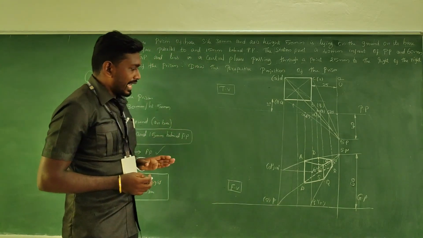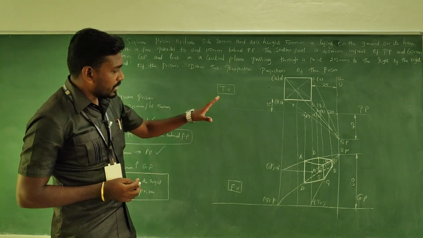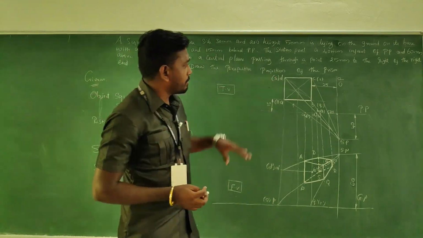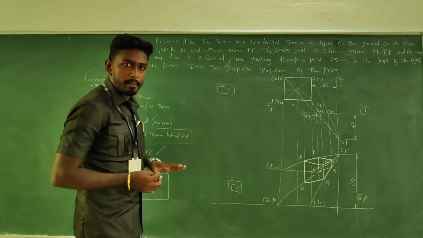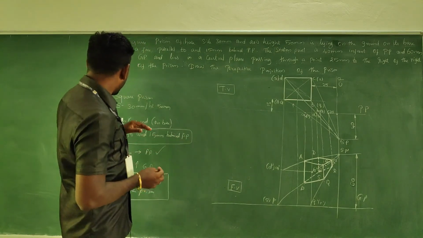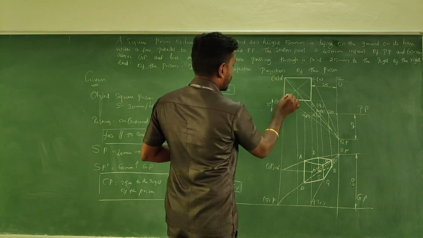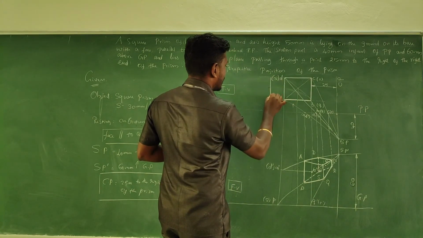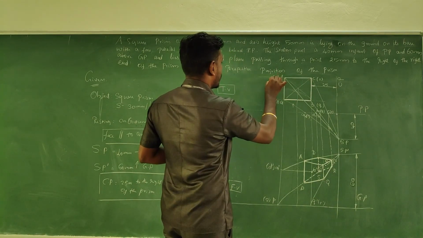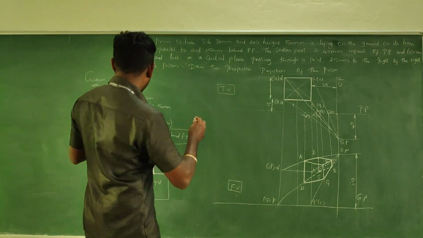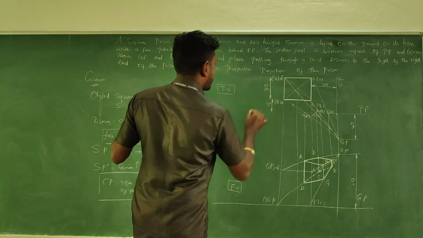Then the dimension work is more important. Some of the dimension work we have completed, and when you come to the prism, side and height needs to be captured in the profile. So side is been given as 30 mm. So here I'm going to capture it. For that, take the 90-degree line from the corners and parallel to the side. Just have a line and note 30 mm.